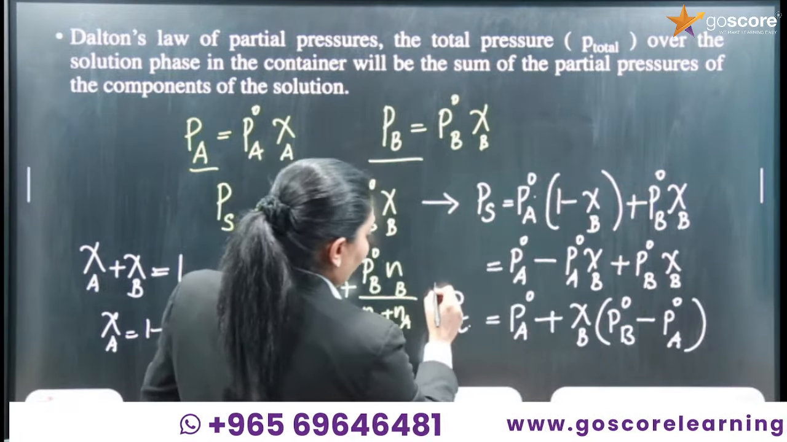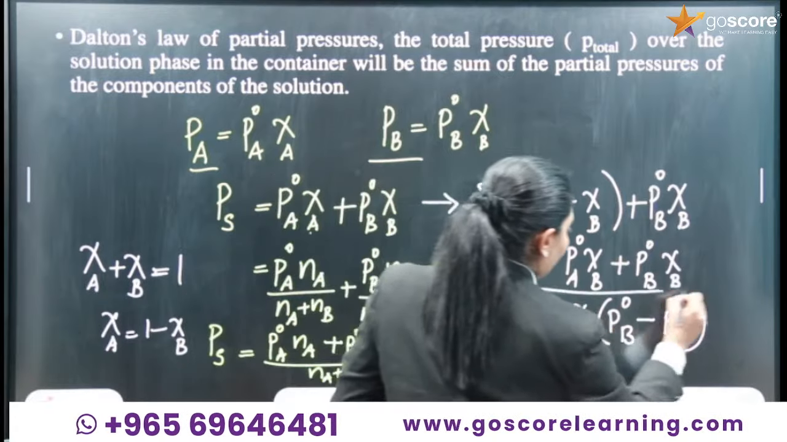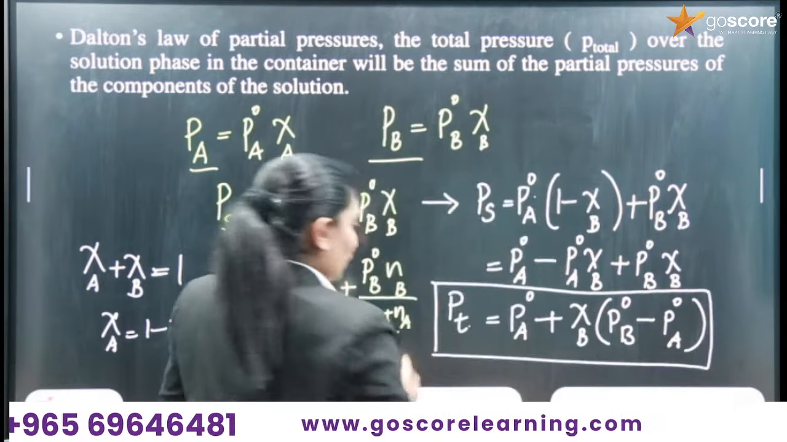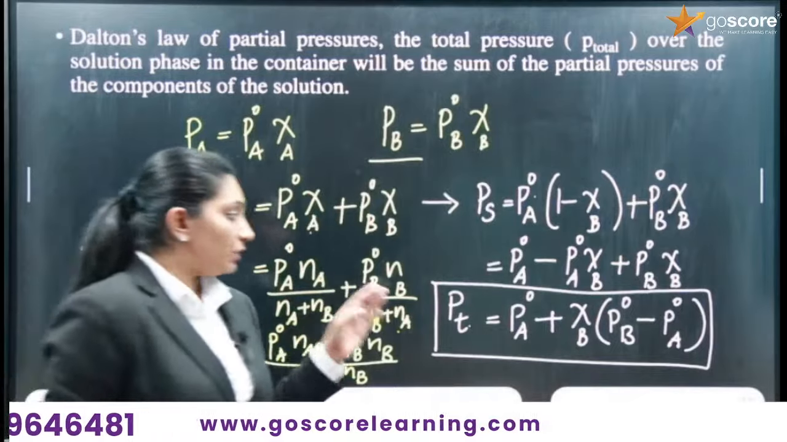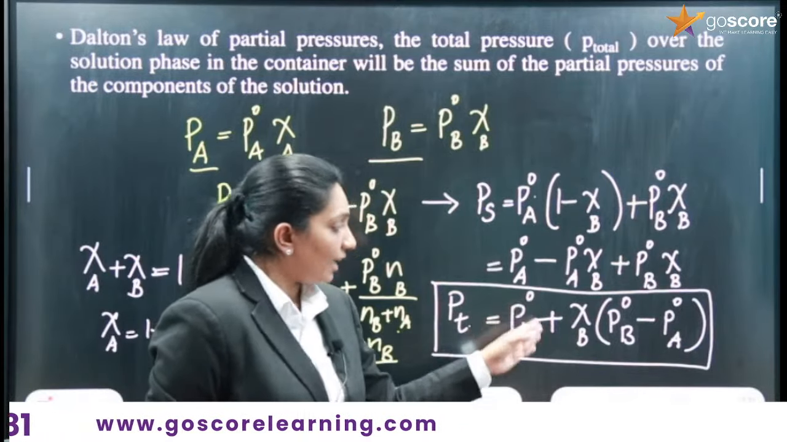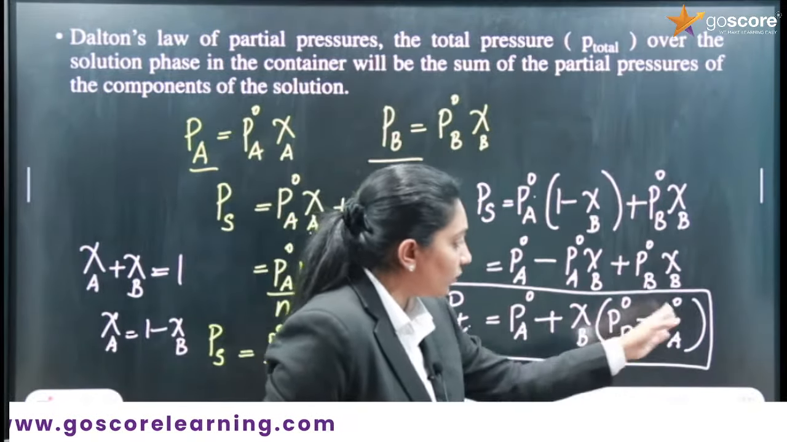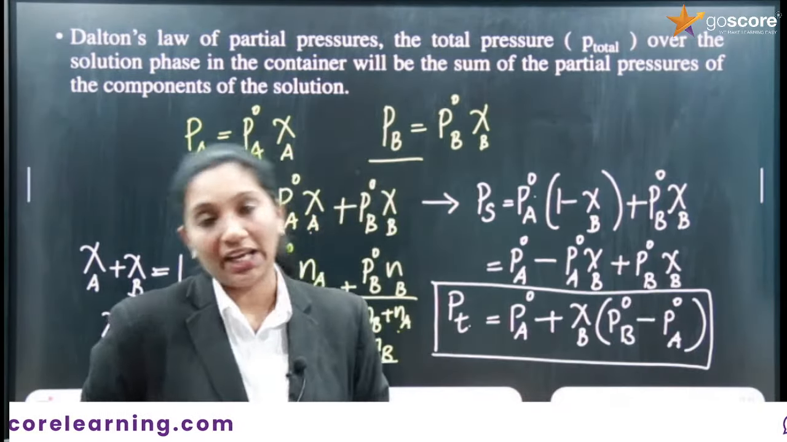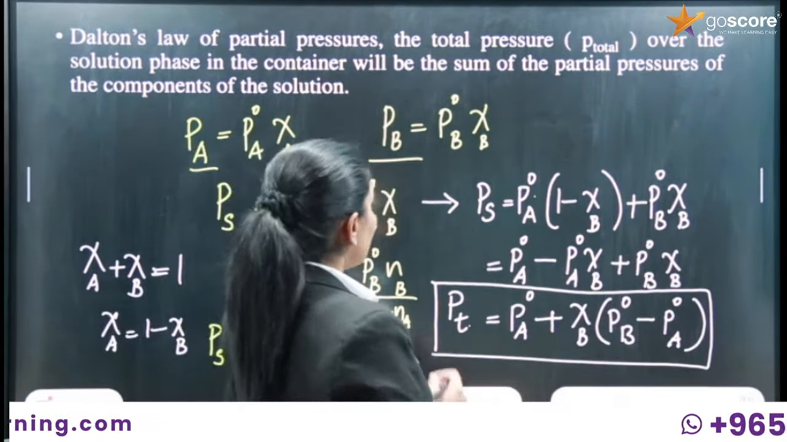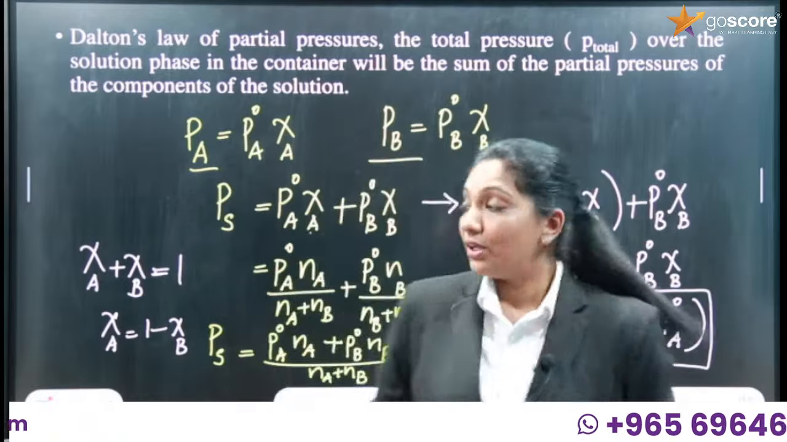So this is another equation that relates the total pressure. P total is equal to P naught A plus chi B into P naught B minus P naught A. Okay, so I hope this is clear for you. Now let's see